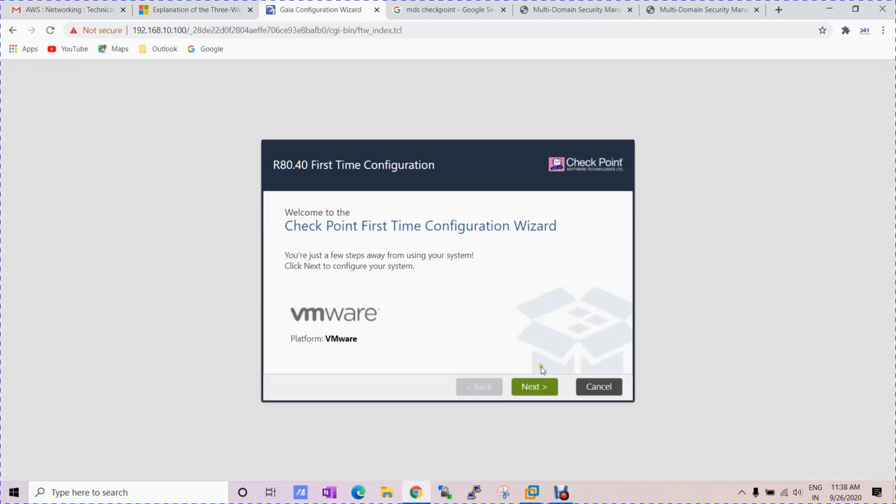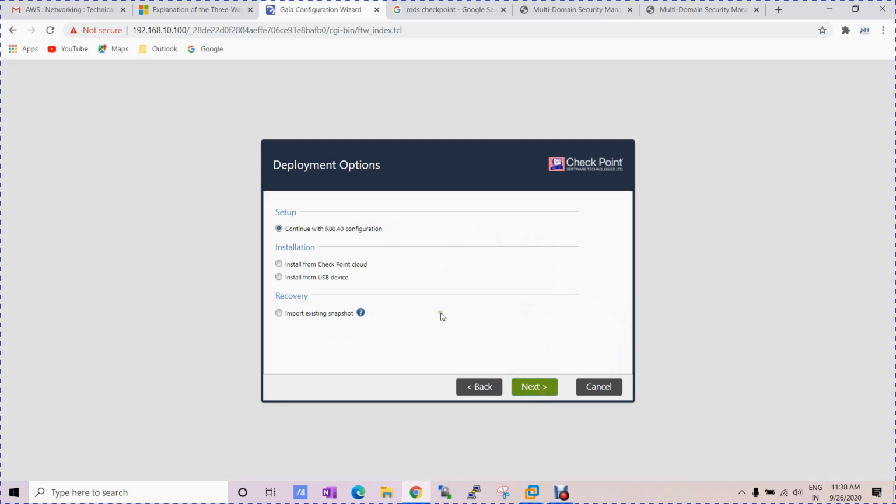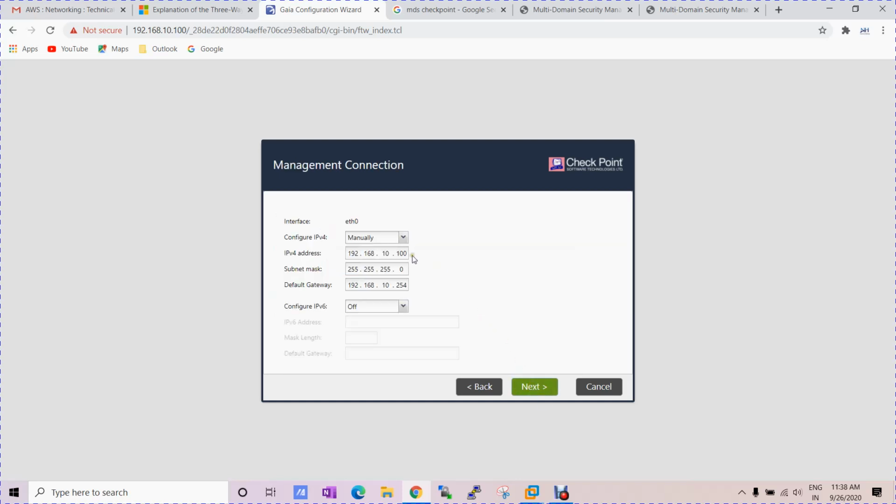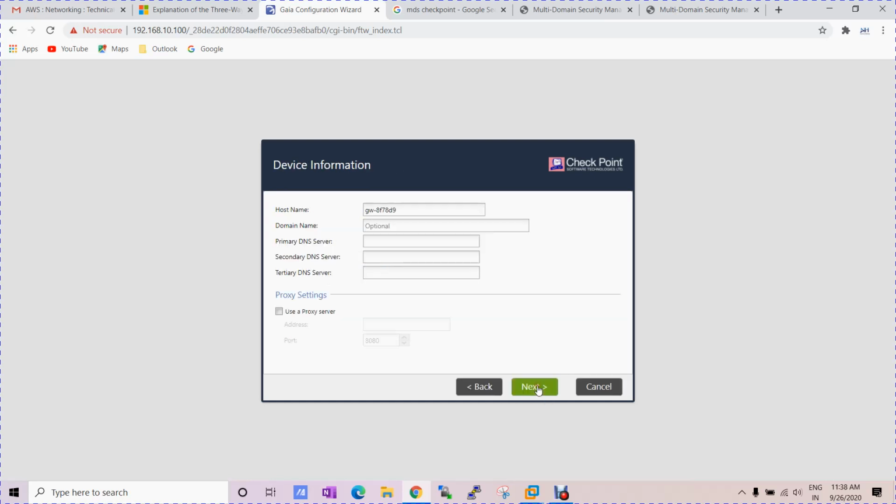I click on next, and I don't have any cloud backup, no need to install from the cloud or from USB, and I don't have a snapshot. So I am doing a fresh installation here. It's my IP address. Click on next. Define the gateway. Suppose this is my MDS server.